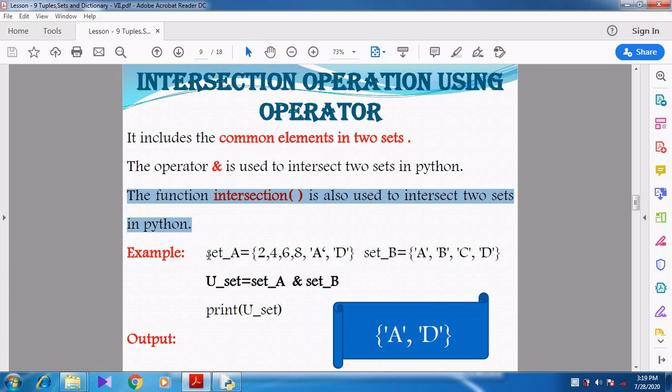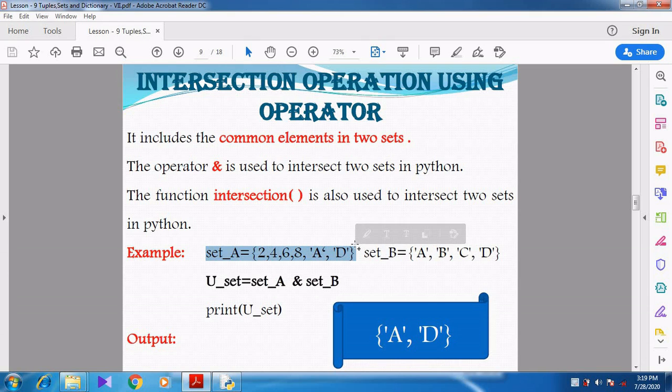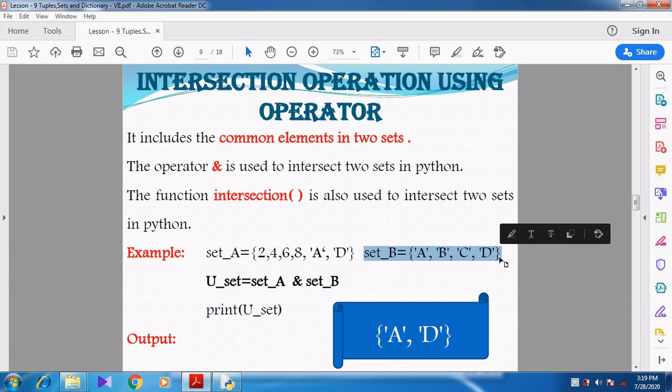So now I am going to take set A as 2, 4, 6, 8, then A, D. In set B, I have taken A, B, C, D. From this itself you can understand which elements are common in set A and set B. 2 is not common, 4 is not common, 6 is not common, 8 is not common.